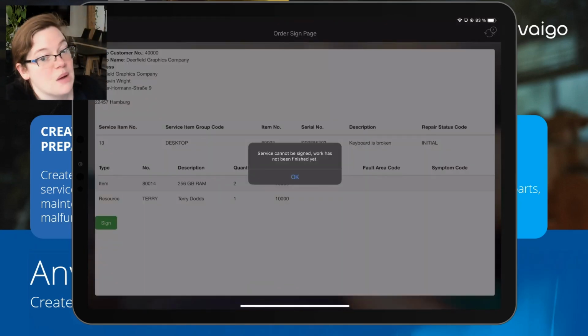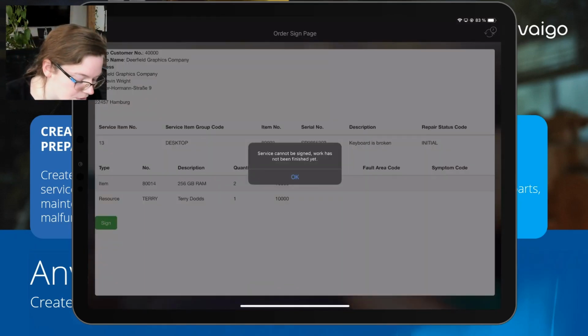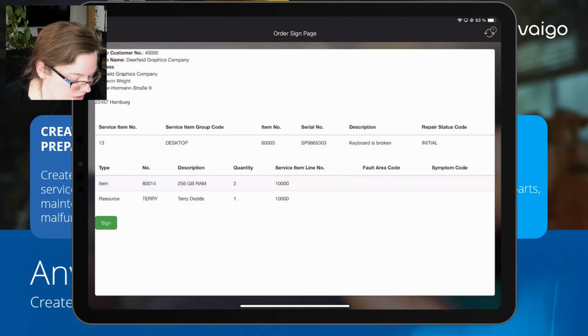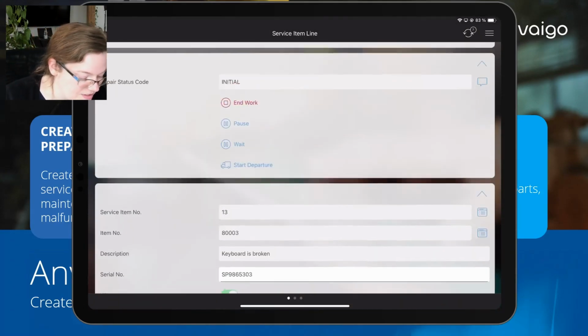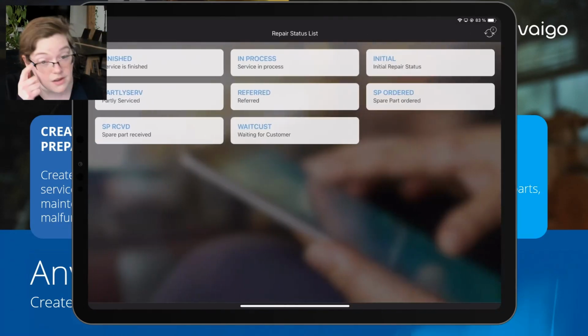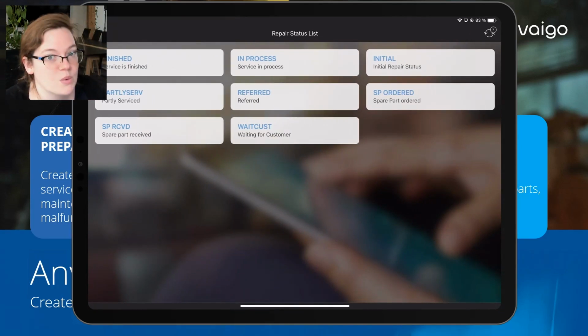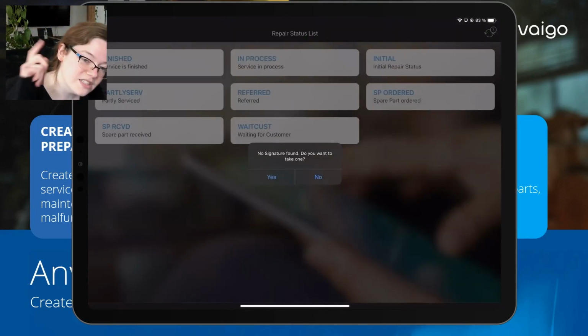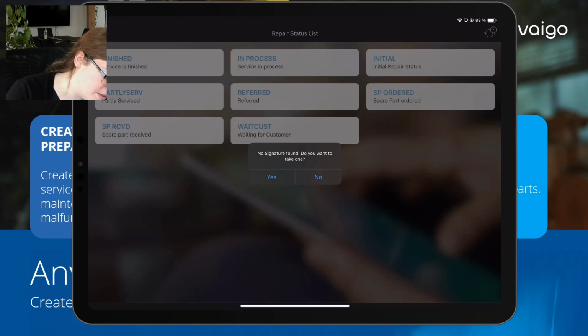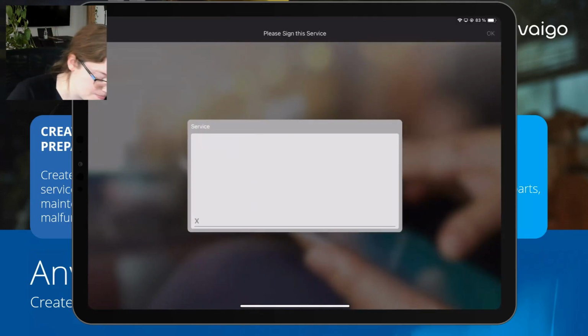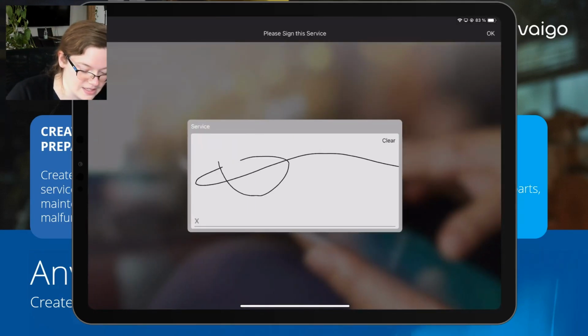Here I can see sort of a pop-up warning message. I always have the opportunity to build these into my app at any point in time. So I definitely would like to finish my work before I collect that signature, do step A before step B. So I'm just using the normal repair status list from Dynamics. Go ahead, say my work has been finished, and now it's saying, do you want to do step B? Yes, please. So I've got that signature,